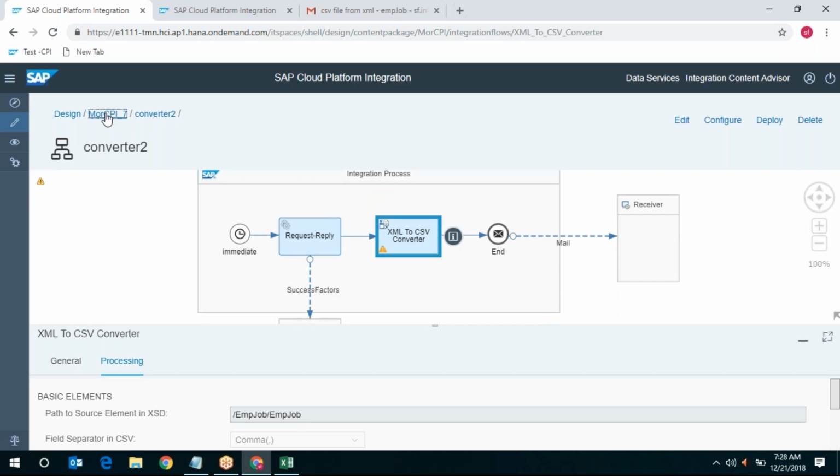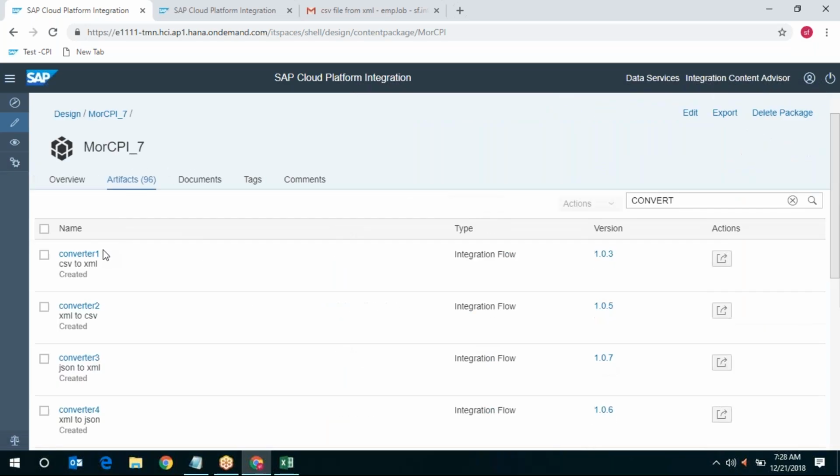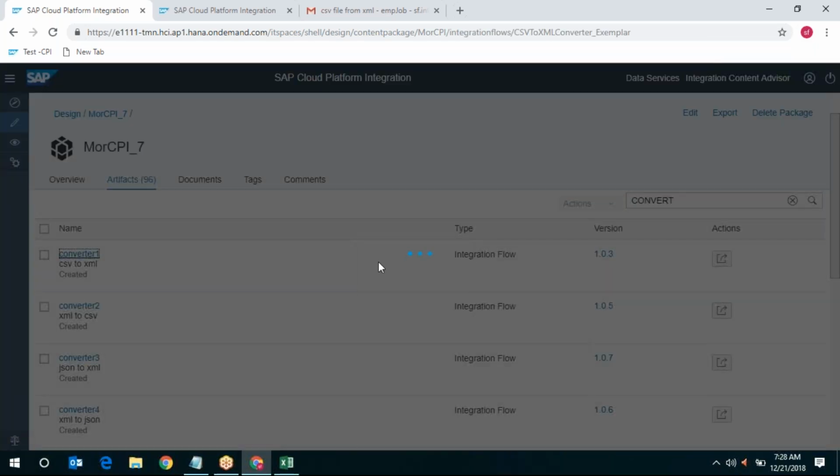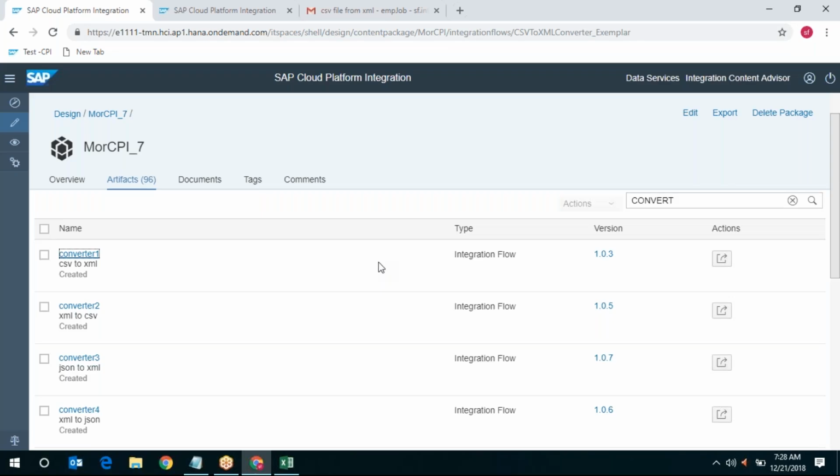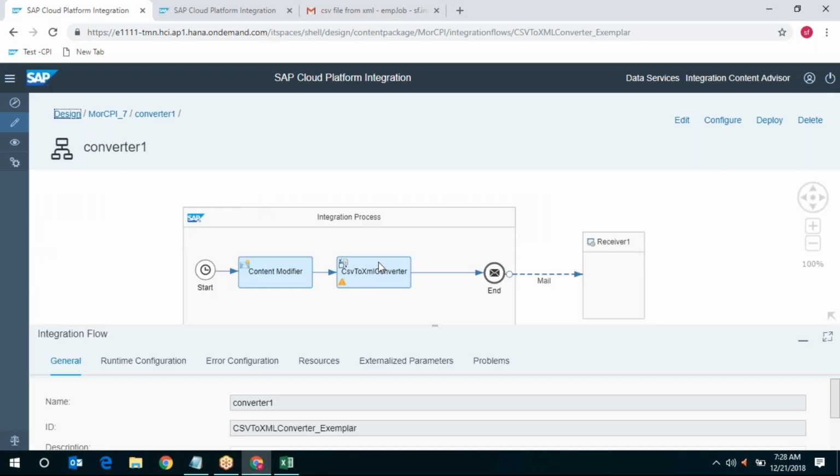Okay. Now we go to the CSV to XML, as he is asking how we can convert from flat file to XML. That is also an important thing. Why? Because